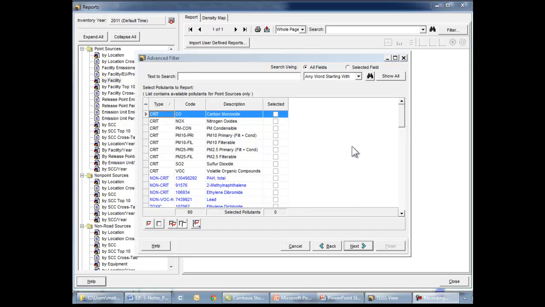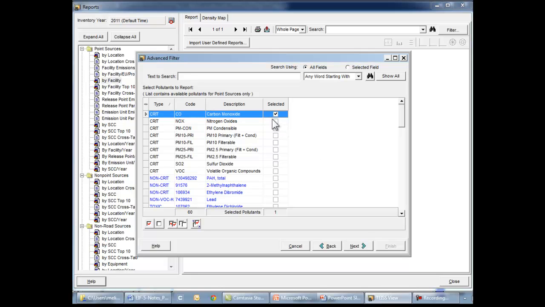So this is the screen where I specify what pollutants to include. And for my EI, I'm only interested in the criteria pollutants, and TEISS puts those in black font, except for lead, which is in blue font. And I'm only going to select, for particulate matter, primary PM, since this includes both filterable and condensable PM. So I'm going to go ahead and click those. And lead, and click on the next